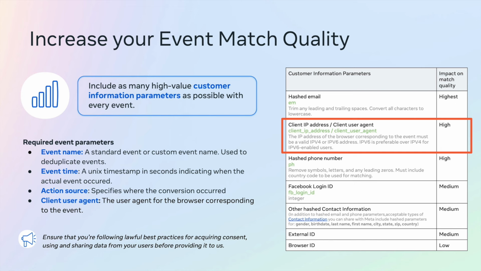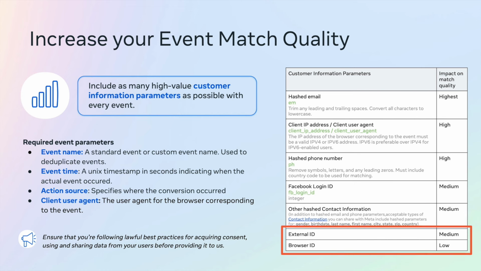If they have any other hashed contact information, any external IDs, so you may have your own user ID for an individual. This is particularly helpful if you have a login state on your website, but those users may use your website across multiple different devices or in different locations. Well, that external ID can actually be utilized by Meta. So, of course, we've got all these signals that Meta is natively picking up and looking for in terms of what's available in the data layer. But the external ID can be your own bespoke ID that you can be bringing in, as well as the browser ID. So these are really, really critical features.